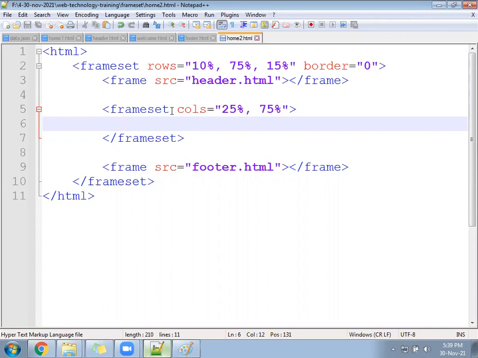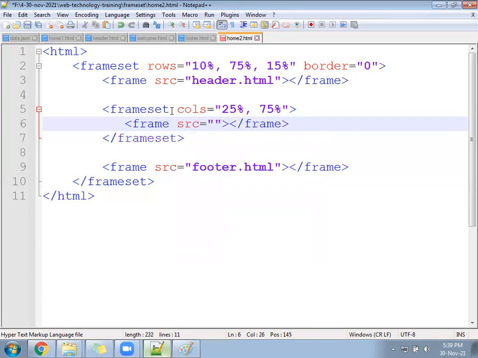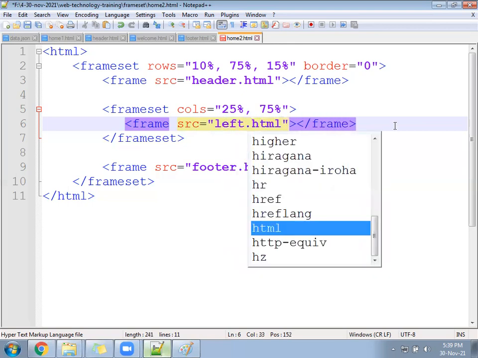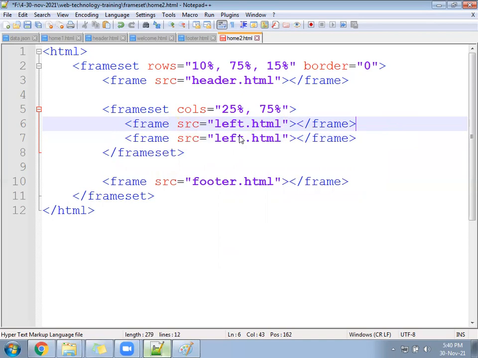After that, frame SRC equal to... create a file called left.html, and you have to add one more frame, welcome.html.